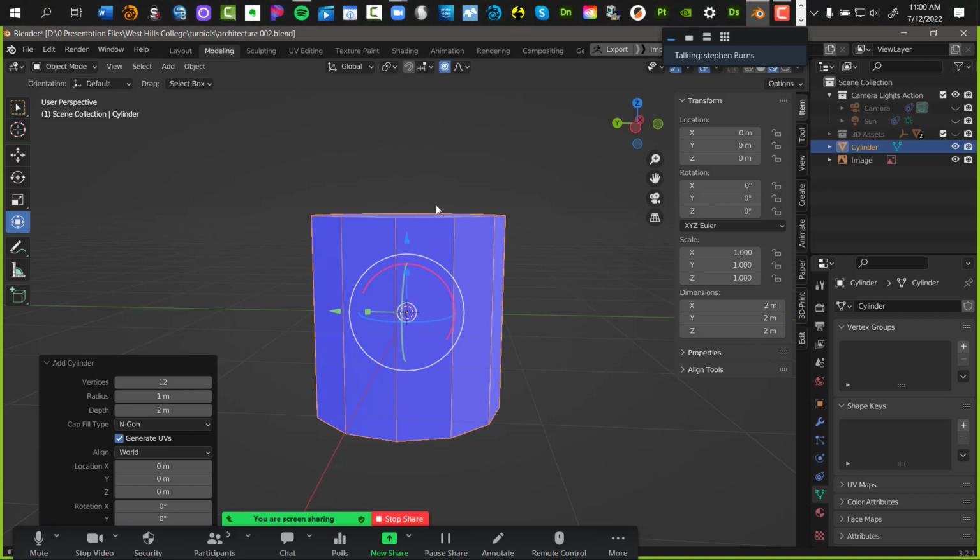Do you see the Properties panel on the bottom left-hand corner here? And under vertices, you want 12 sides.